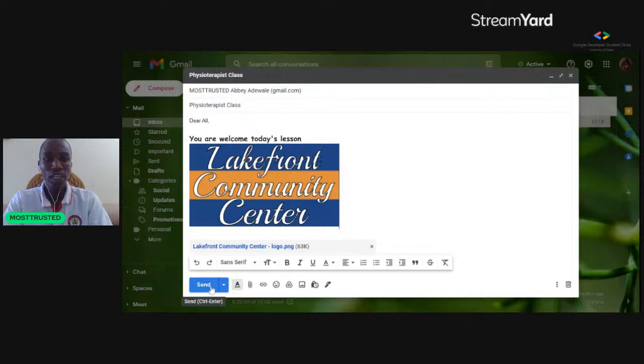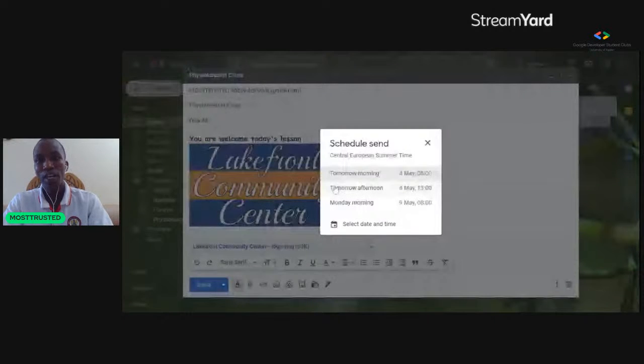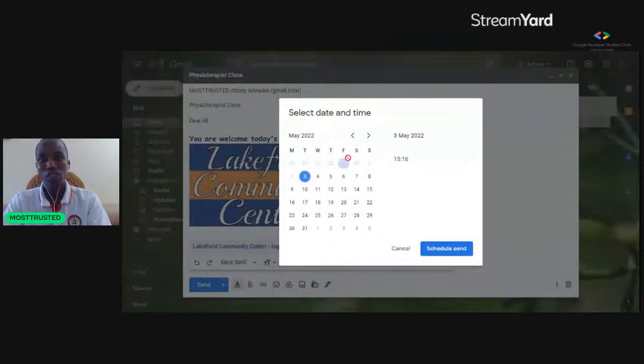So instead of clicking the send there, you just see this small arrow here, the send option. Then you can say schedule send. Then it asks you, when are you sending the mail? Now it automatically suggests some options for you: tomorrow morning, tomorrow afternoon, Monday morning, or you can just come over here and say select a date. So you select the date. You can say I'm sending it on Thursday 5th of May. Then you can just select the time in which the message is to be sent. So immediately you select the time and you say schedule send,